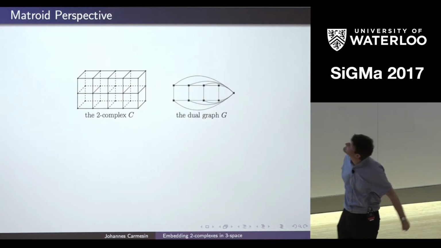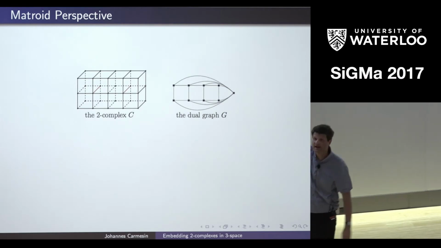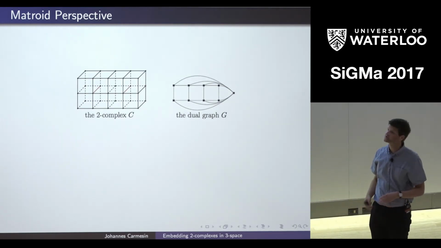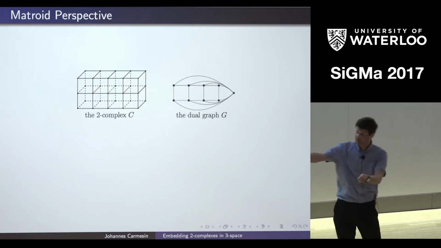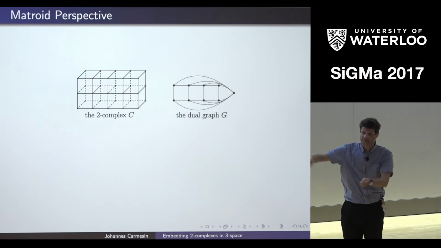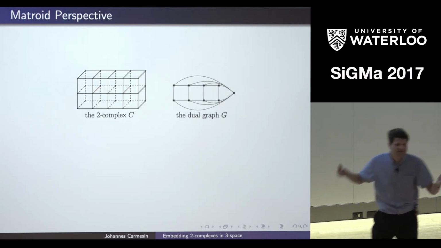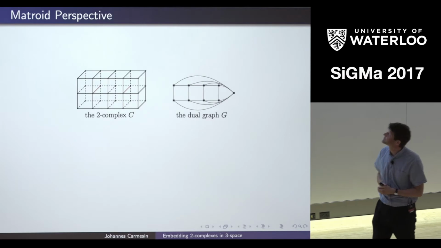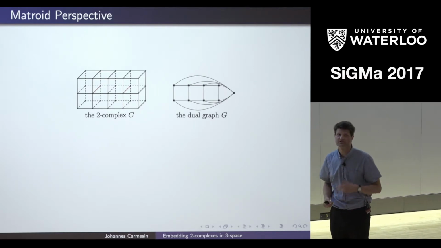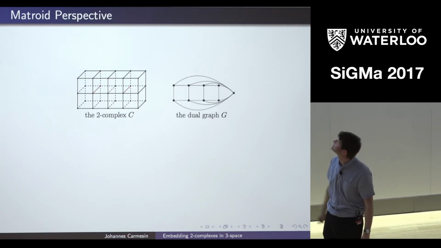Right, so now let me come back to this example we had. So we had this 4x2x1 grid, where we had the 2 red edges and identified them. And I said, yeah, this cannot be embedded in three-dimensional space. And now, using the dual matroid, we can actually prove that.